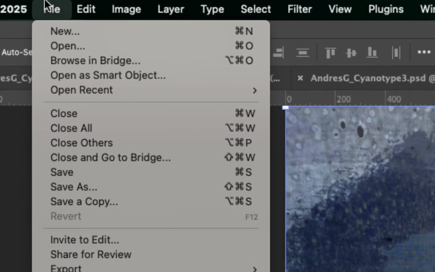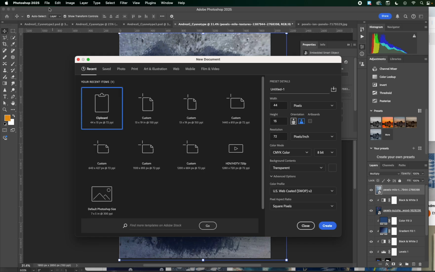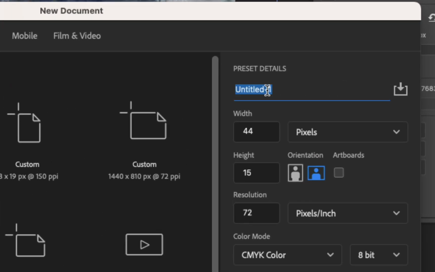you're gonna go up to the top where it says File, and then click on New. Now here, in the pop-up window that just came up, I like to name my pieces. I'm gonna put my name. I like to name my pieces with my name, first name, last initial. Then I'm gonna put underscore, and what is it? It's a cyanotype,